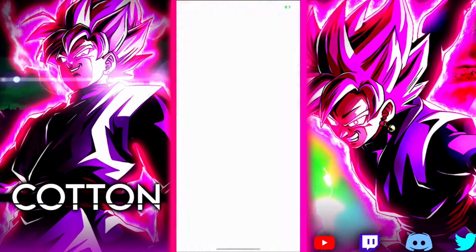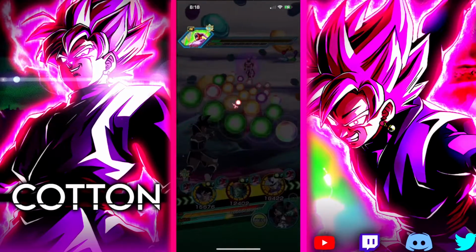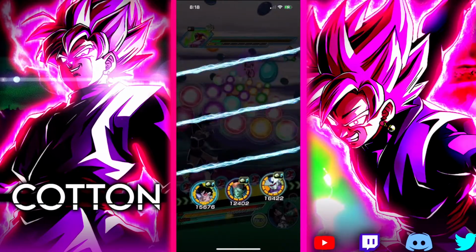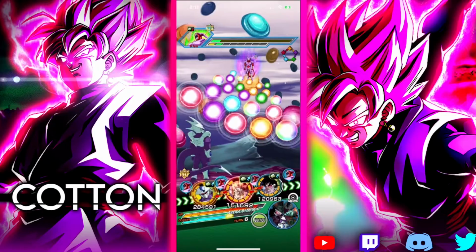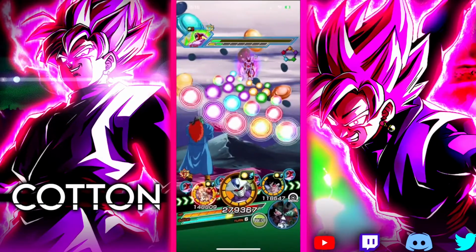And then I can't wait to get LR Turles. Because then my Rainbow Turles, when I eventually level 10 link this guy, is just going to be absolutely disgusting next to him. Alright, what do we get with...